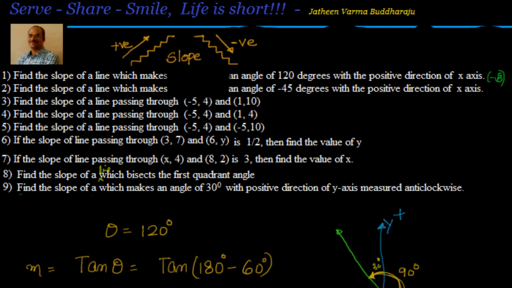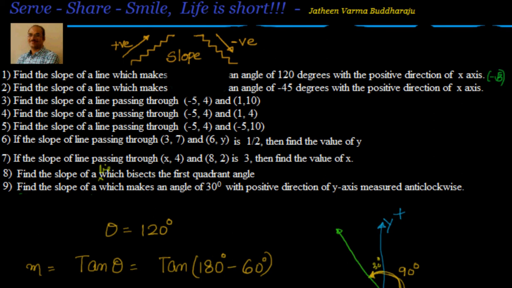Remember, slope or gradient is nothing but, if you take a line, if you have 2 points, the change in the vertical distance to the change in horizontal distance is the slope. And if you know the inclination, the angle made with the positive direction of x-axis in anti-clockwise direction, then the tangent function applied on theta, tan theta, is the slope of the straight line. So in the next session, we will look into examples related to angle between two lines with respect to